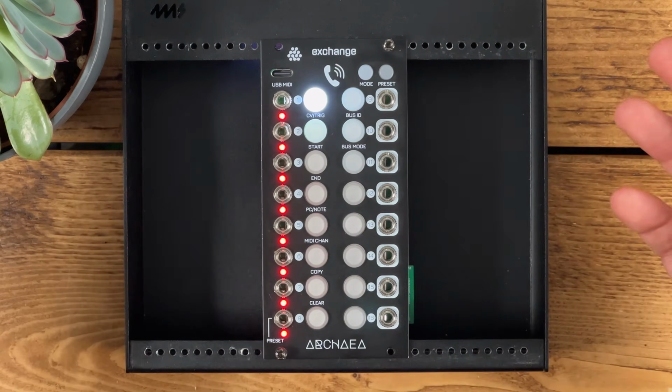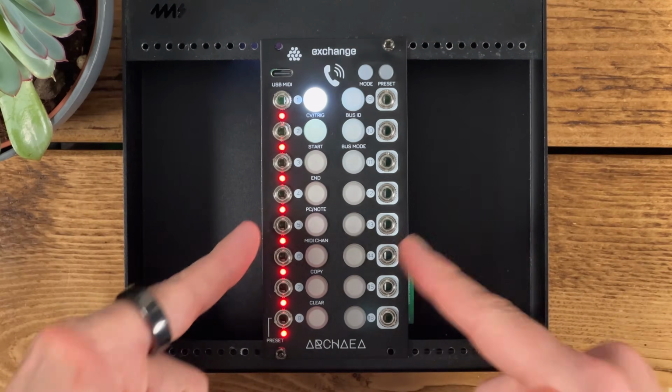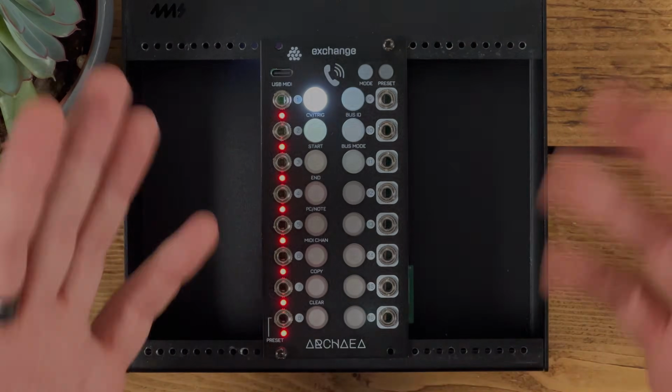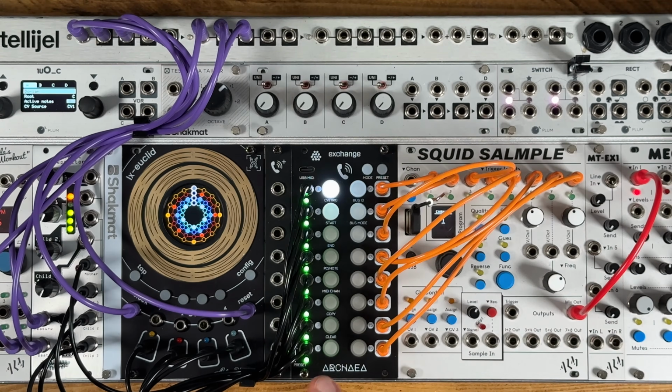Some of the patches in this video will be things you can try with other sequential or voltage controlled switches, while some will be unique to Exchange. Either way, you'll hopefully get a bit of patching inspiration. Here we go. Okay, let's get started by using Exchange to route some trigger sequences to some drum sounds, and